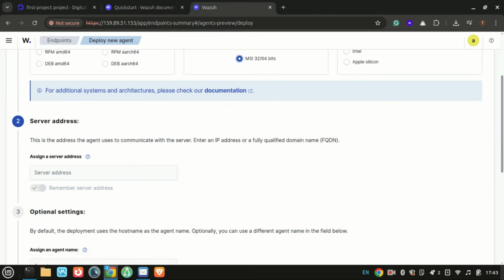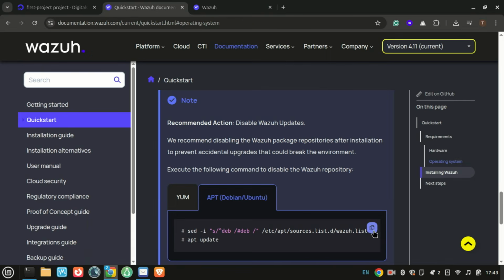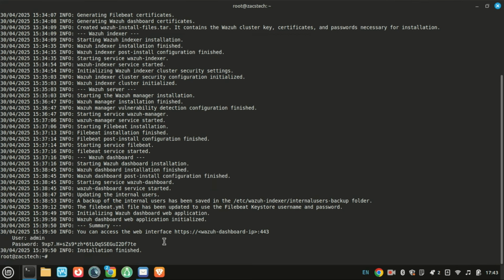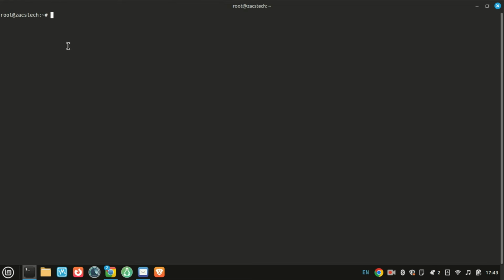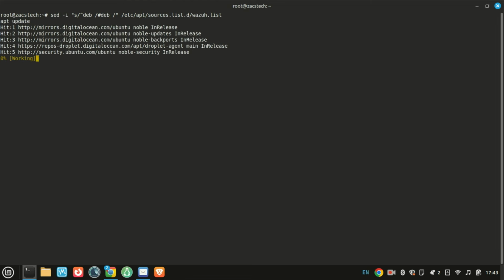One more thing, the documentation recommends disabling the Wazuh package repositories after installation to prevent accidental upgrades that could break the environment. And that's it. You've successfully installed Wazuh on Ubuntu